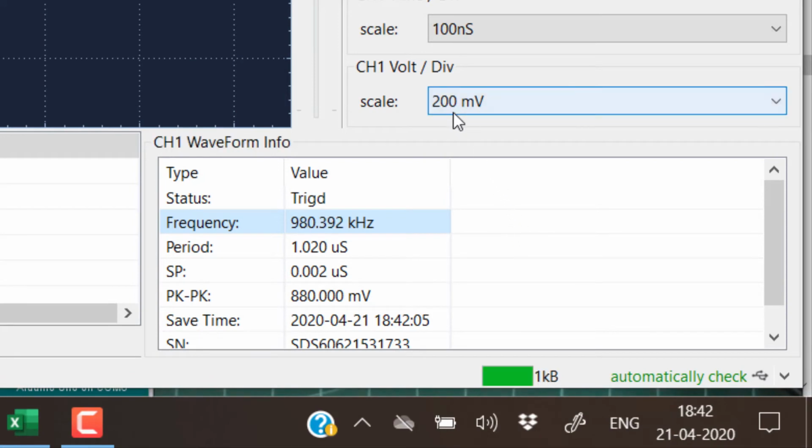So the frequency is reducing as we are dividing the number by 2. Okay, so I have updated the CRO data and we are getting it as 1 megahertz approximately.